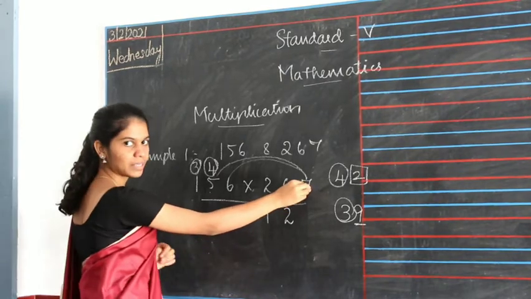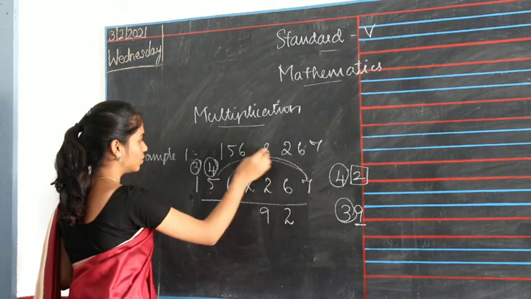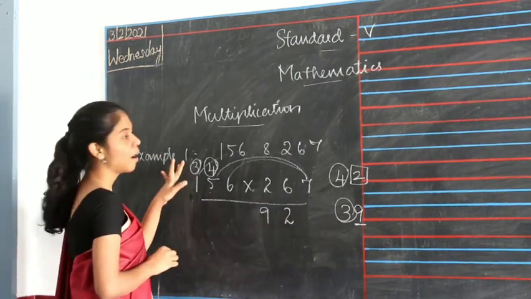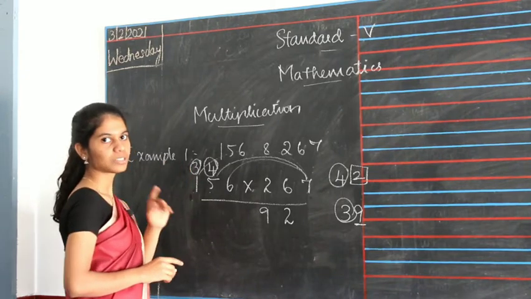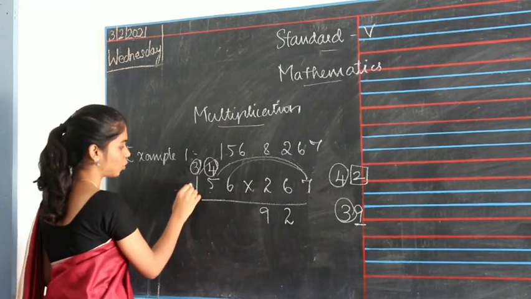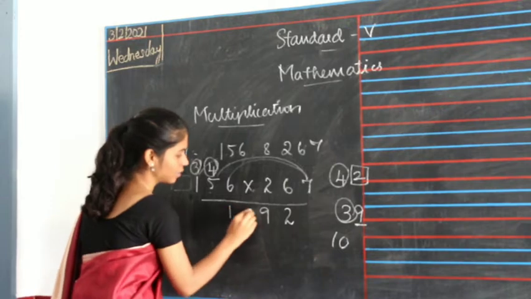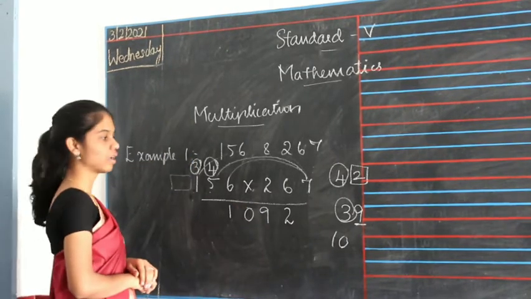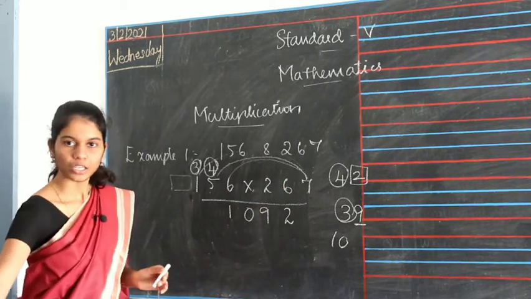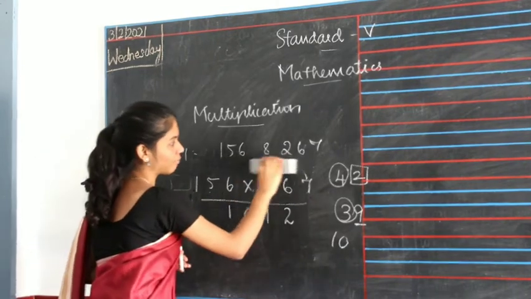Now here you have 7. 7 is multiplied with the next number, in the hundreds. So 7 multiplied with 1. 7 1s are 7. 7 plus 3, the carry, is 8, 9 and 10. Since there is no number before 1, you will write the 10 as it is, 1 and 0. Okay, so now here you have 6. Now you will erase the carries, so that you don't get confused.